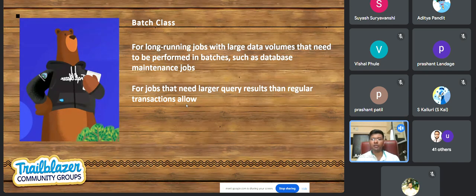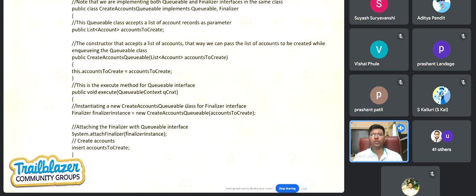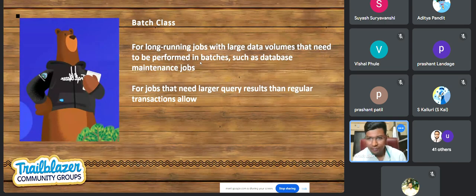If you already have the data with you, as I showed for queueable, you're passing it the list as a parameter. Same thing you can do with the batch classes as well. Database.Stateful is available as we already mentioned. And Schedulable also you can accompany that, but ideally the recommendation is to have a separate schedulable class. By default a batch class is stateless.